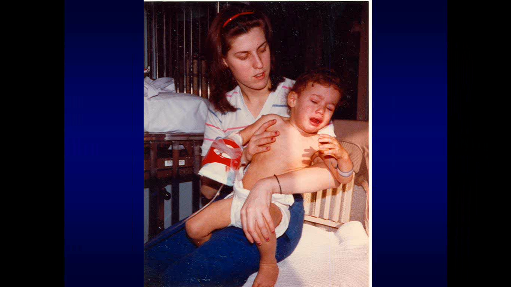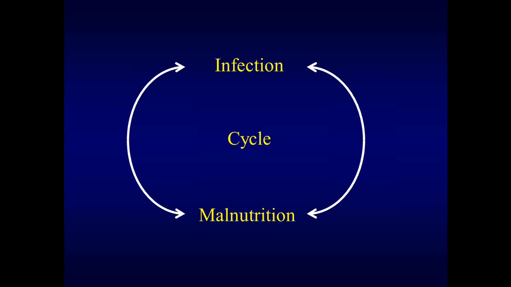And then the other early effect is the immune system really falls apart. So these are the kids who always have what's going around. They always have a runny nose, one ear infection after another, and it can set up this infection-malnutrition cycle. Because what happens to kids who are sick? The first thing you notice is that they don't eat. And the infection burns calories, and if there's vomiting and diarrhea, you're losing nutrients. And so the next infection will be more prolonged and more